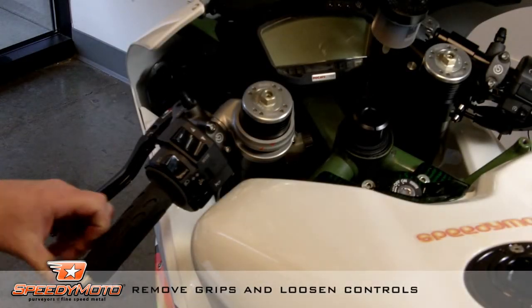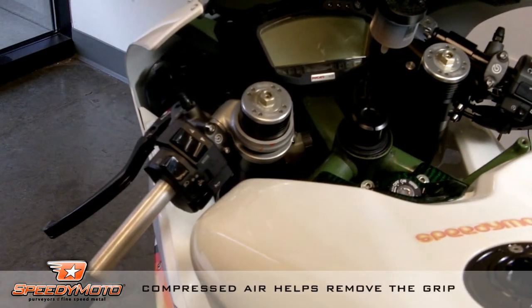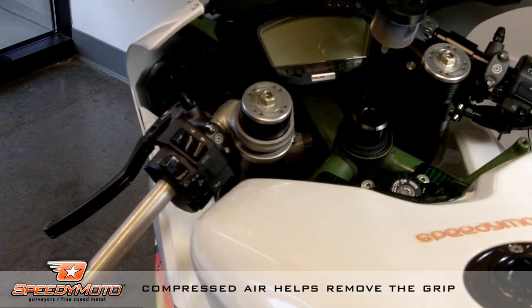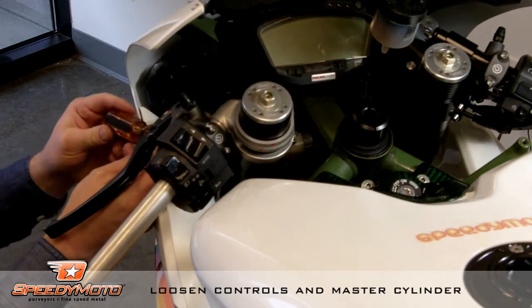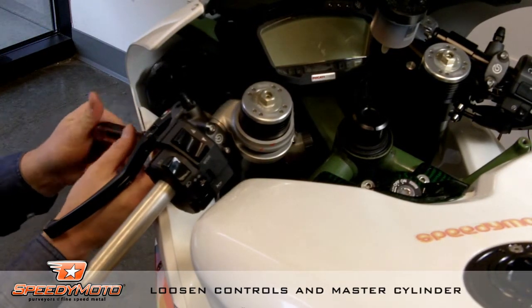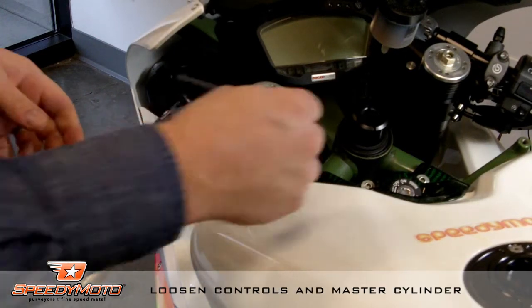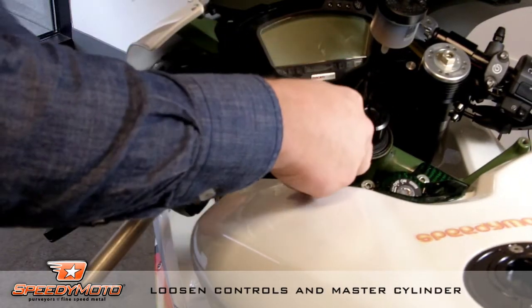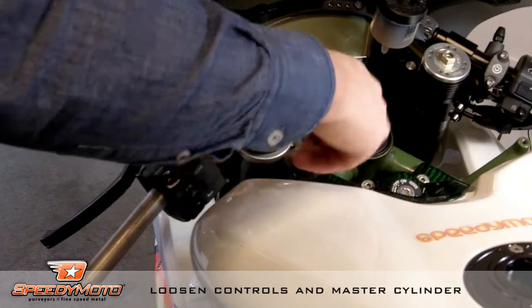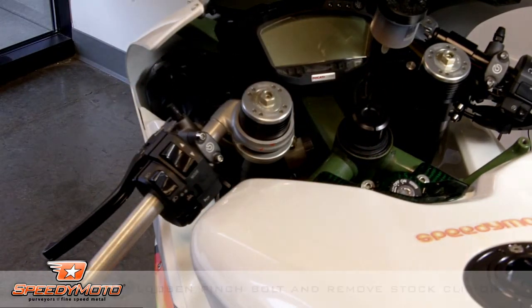Next, we're going to remove the grips. I like to use a little compressed air. Next, we're going to remove the controls and master cylinder. Let those just hang for now. As we start installing this stuff back again, it'll be important to leave stuff loose as we go